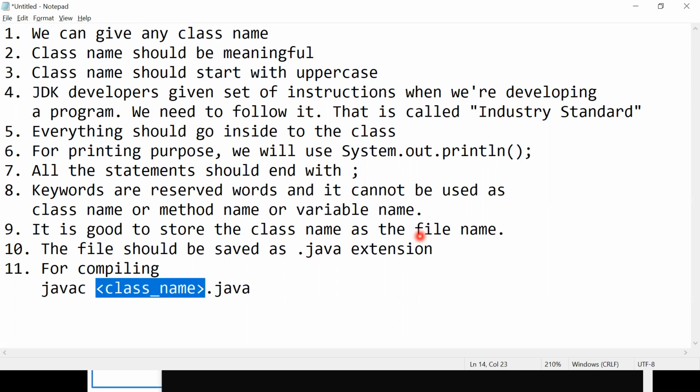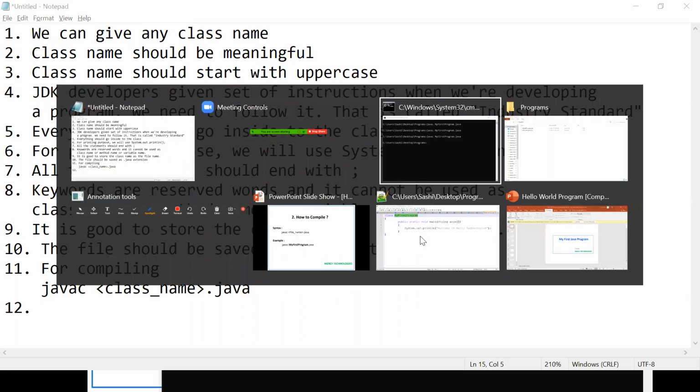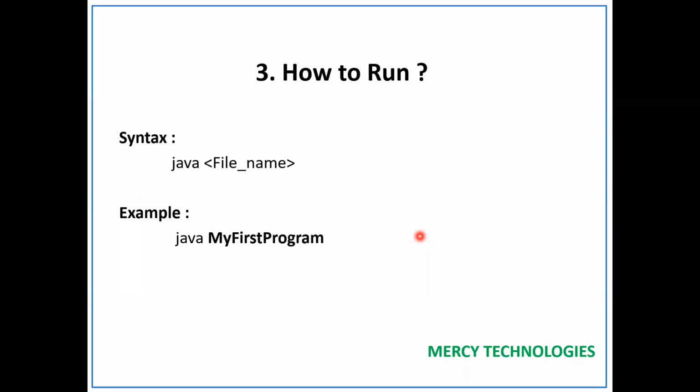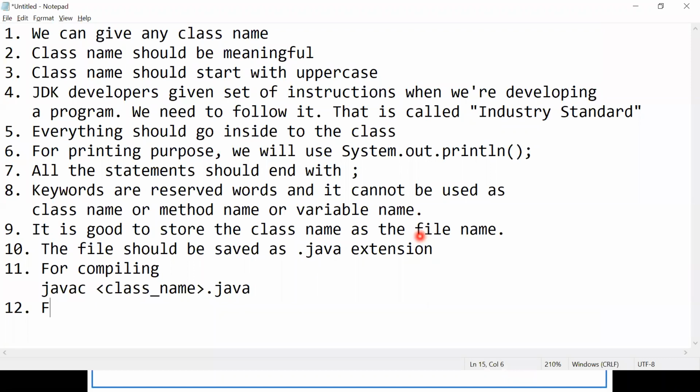So what about running? For running, it is simple. You need to give Java and the class name. So here, Java my first program.